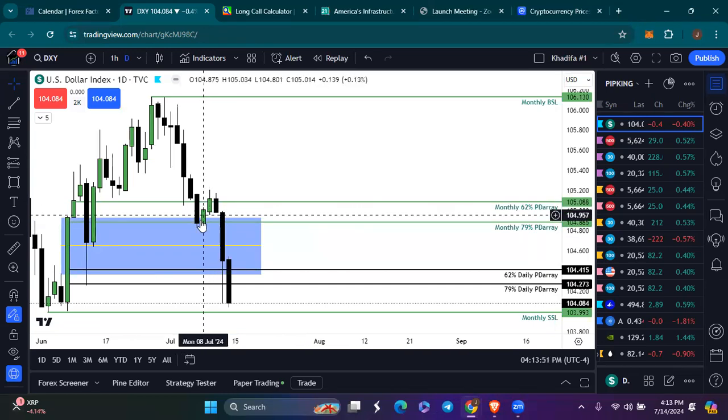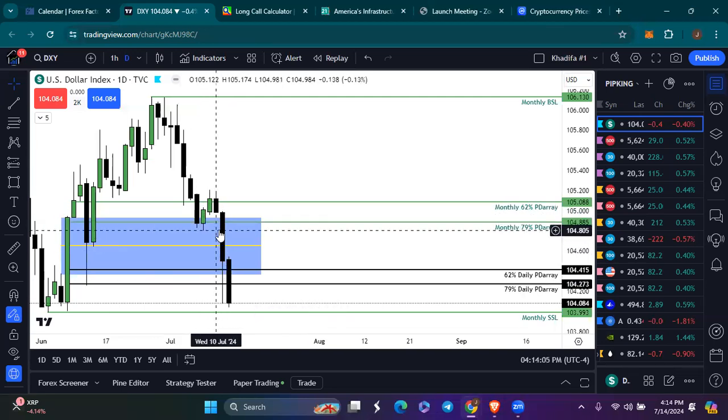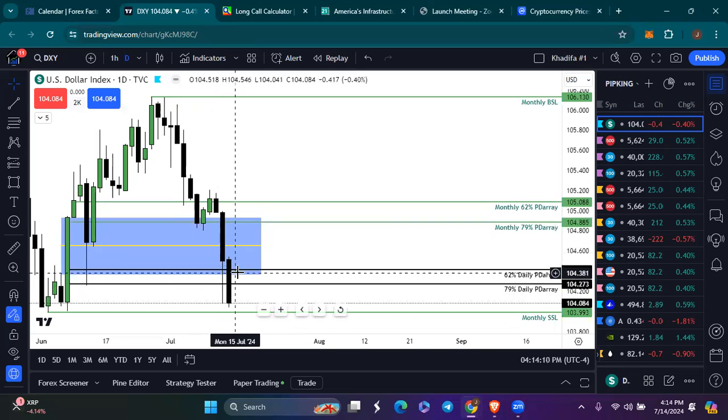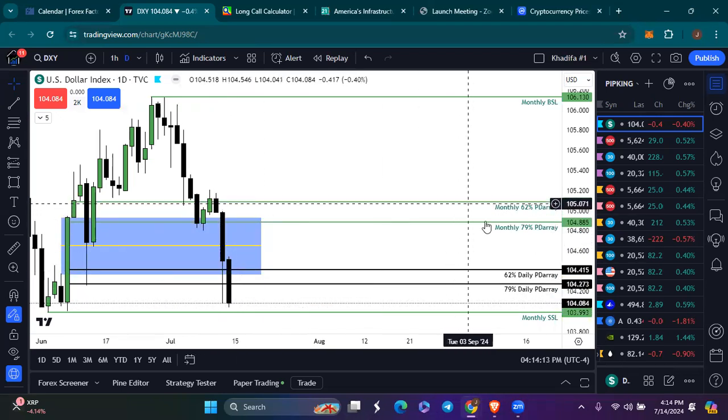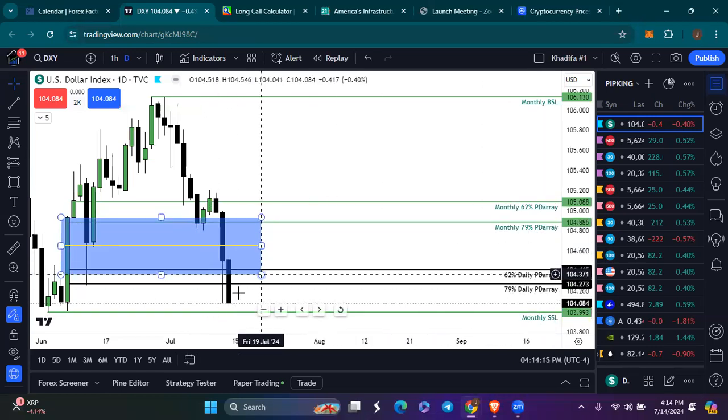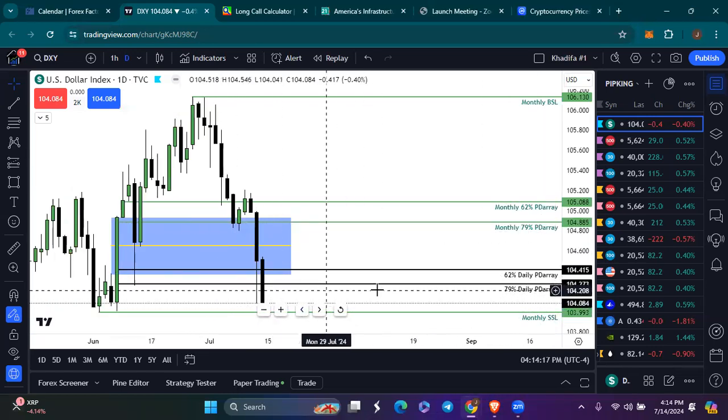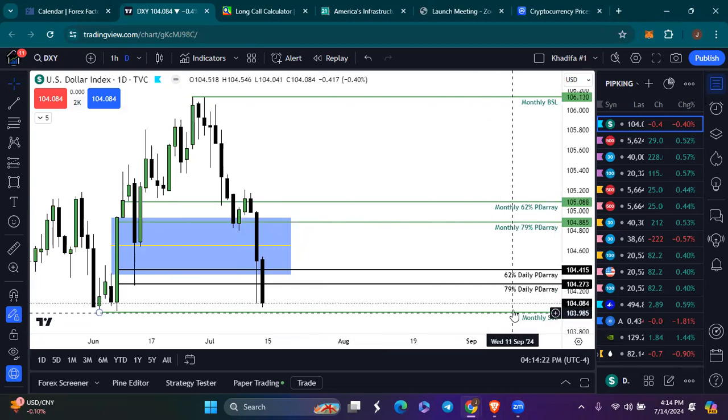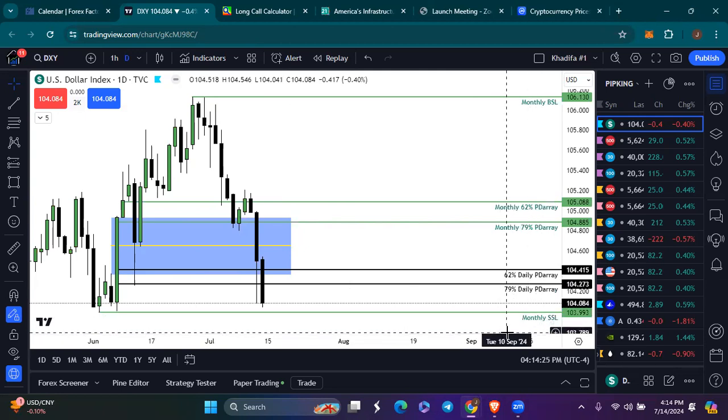We had this two day positive move on the dollar last week. These two up days, right? Monday and Tuesday. And then Wednesday, Thursday, and Friday were all bearish days to the downside. We just ripped back down below the monthly PD array and the daily PD array. Now I expect us to open up the week probably with a gap to the downside running that monthly,